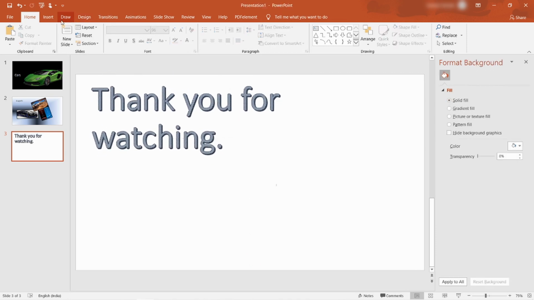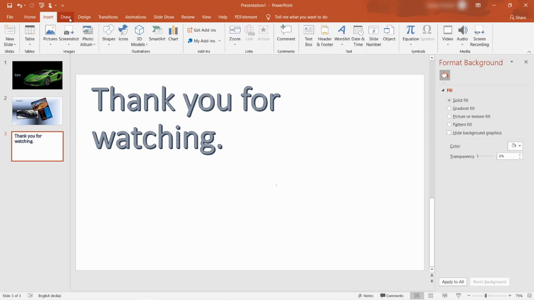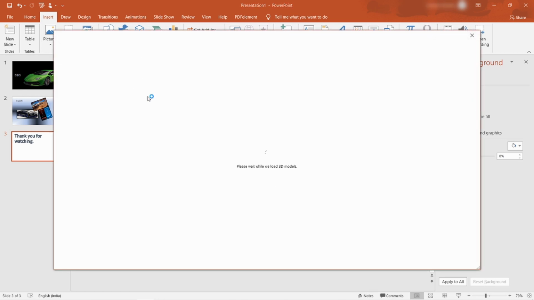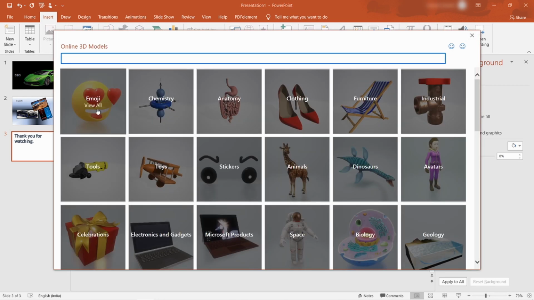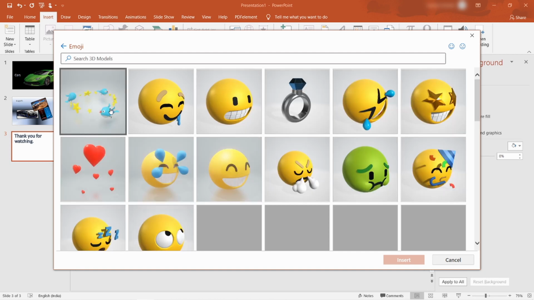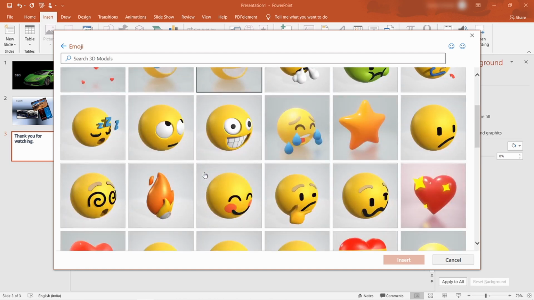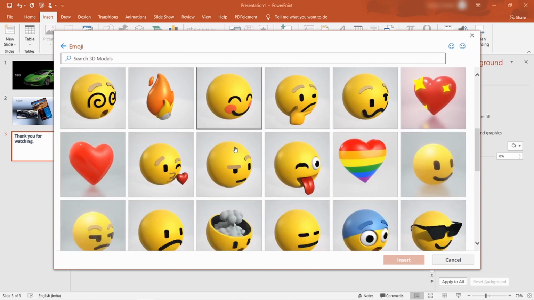You can also do one more thing which I showed in the last video, which is to go to insert, then 3D models, then emoji, and just select an emoji. I'm just going to select this, or there are also many more.